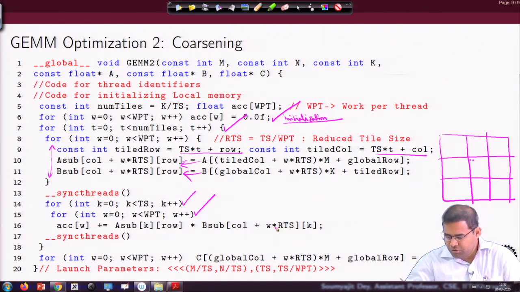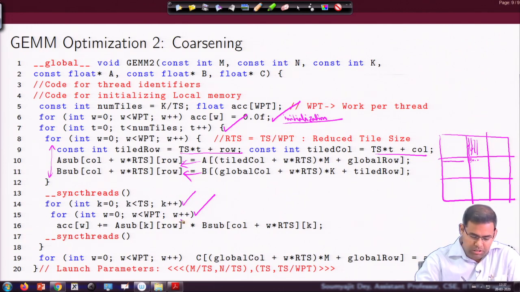So, earlier what was the situation? Let us say for this entry you are computing this multiplied by this, right, but now you have two entries. For one thread the amount of activity is, let us say, you have 4 entries you are going to compute by this thread. So, you have to multiply the data from here along with the data from all these 4 columns, right. That is the per thread activity you have inside this loop now, right. That is why you have this internal loop.